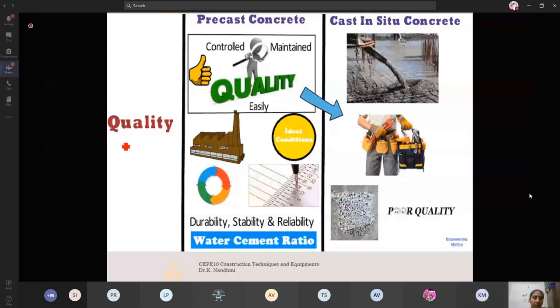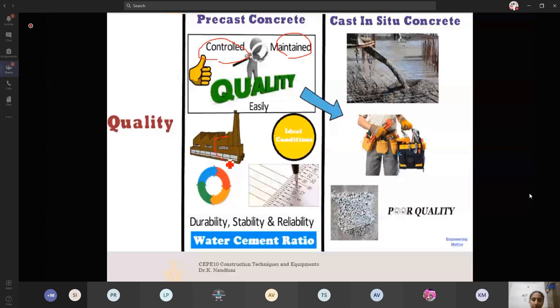Based upon quality, precast concrete is of higher quality than cast in situ because it is developed in a controlled environment. They are properly maintained, and regular quality checks are done at the manufacturing unit, which is not done in on-site cases.